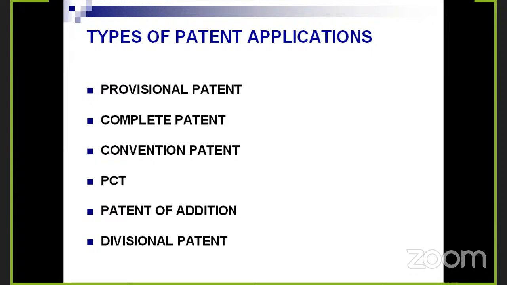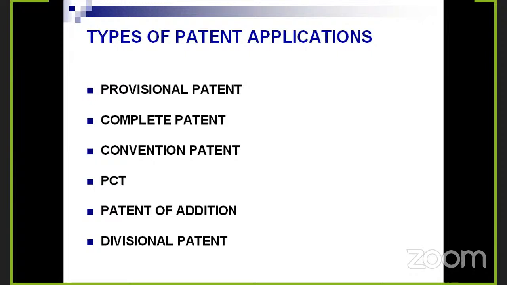Secondly, I get 1 year of time from the date of my provisional patent filing, in which I can work on my product or process, complete it, and file the complete patent. And this complete patent will also have the priority date of the provisional patent, firstly. And this complete patent can then be